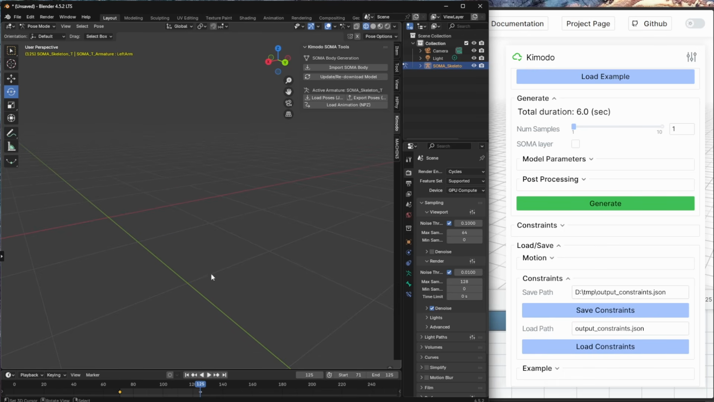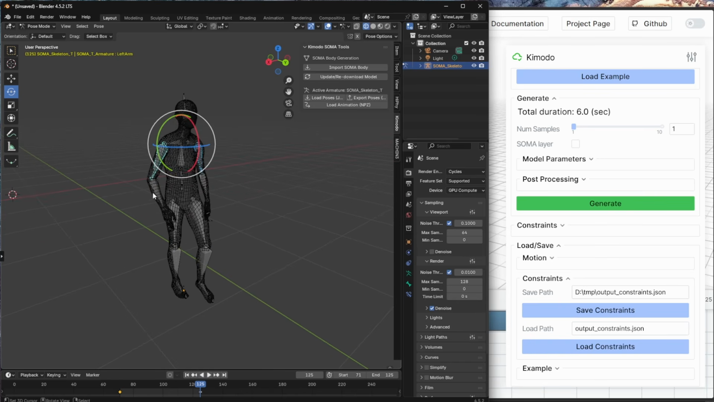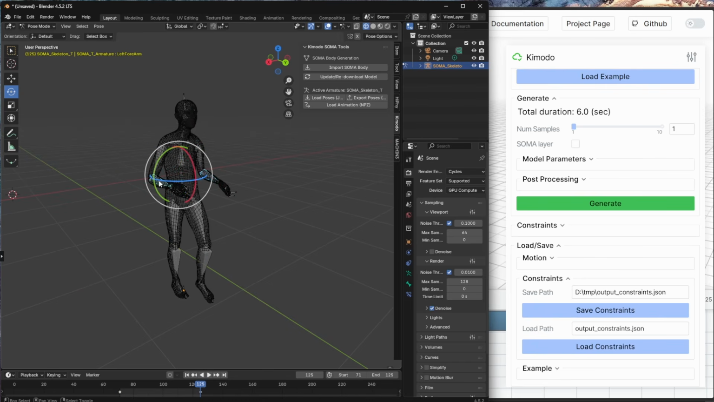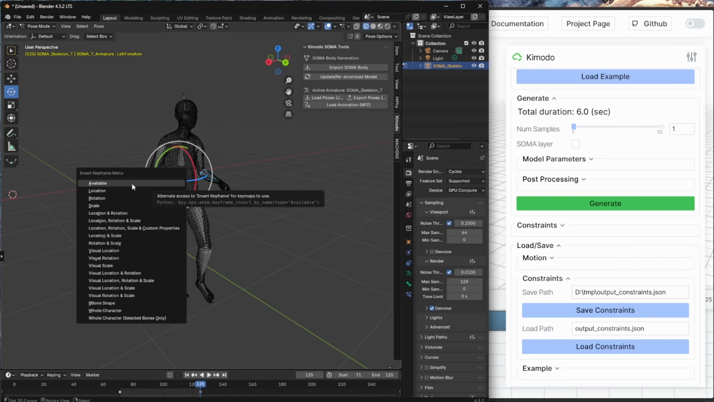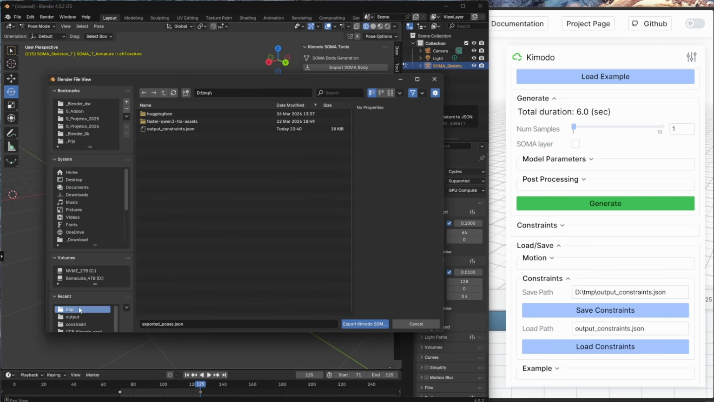Now let's go to the other frame, and I'm gonna move a little bit the arm up, and also this one. Let me select both bones, insert another keyframe, available, and now I'm gonna export the pose. I'm gonna save in the same place with a different name,